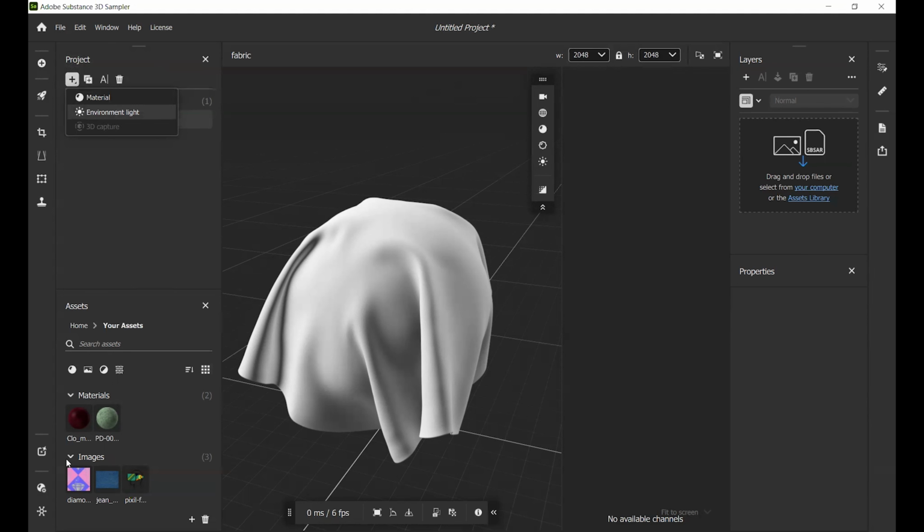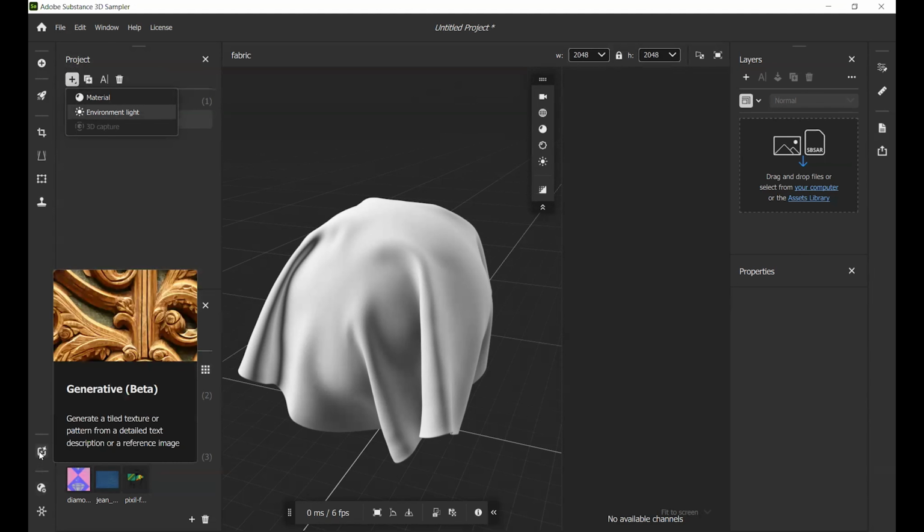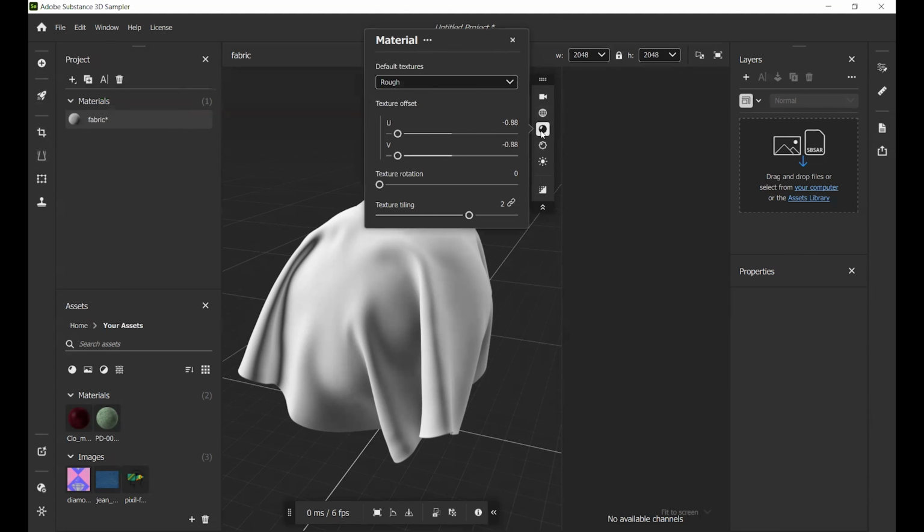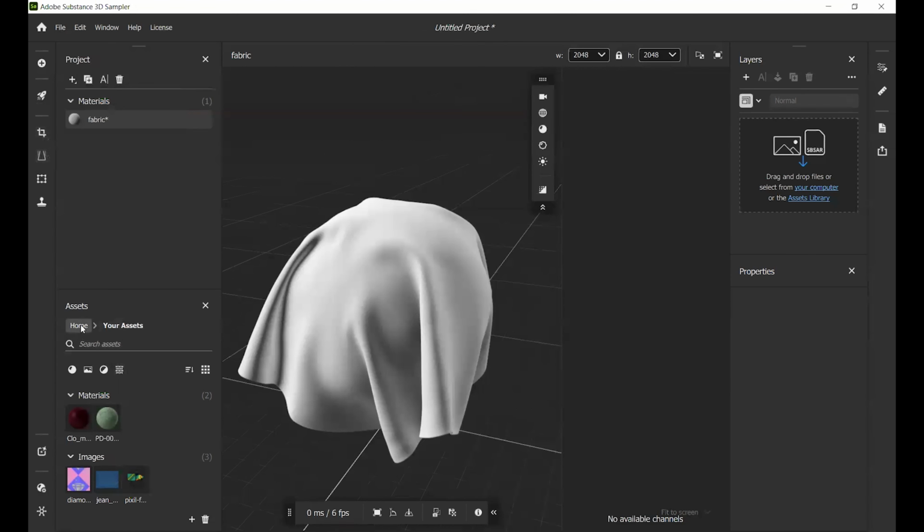Okay, let's apply a material on this. We can see these crop and stem clone options, like how we can use these. I will not go in depth, but I just want to show you material, sorry, assets.